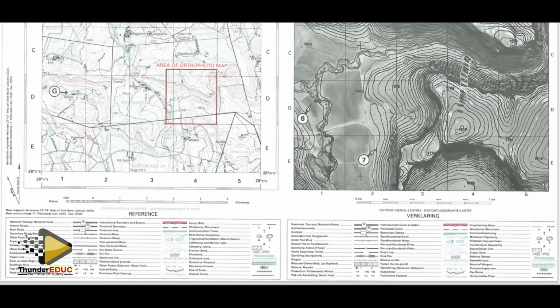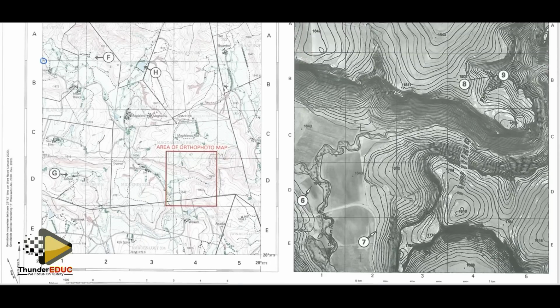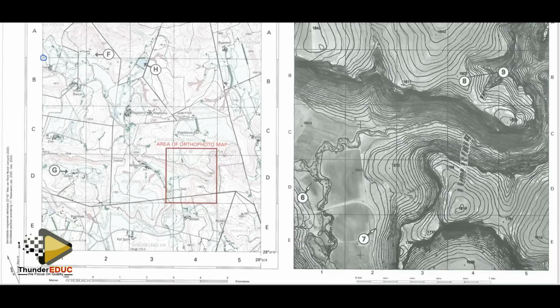Right, we can move on to the next question, which is number 3.1.4. Refer to spot height 1802 in block E4 and trigonometrical station 182 in block E5. On the topographical map, we are referring to these points here in block E4. Block E4 is this one here. We have this spot height indicated here, 1802, and in E5 we have this station here. So our focal point is these 2 points, this spot height indicated here, and the station 182, which is here.